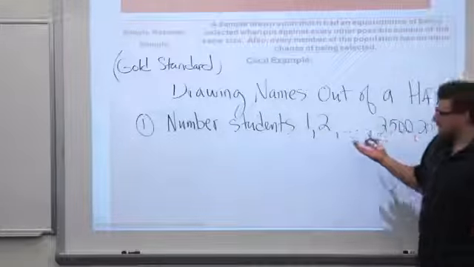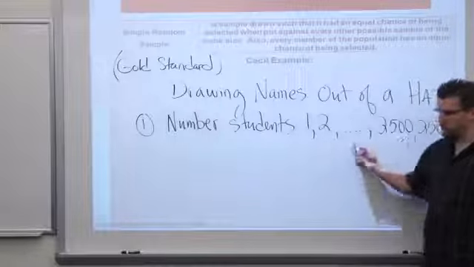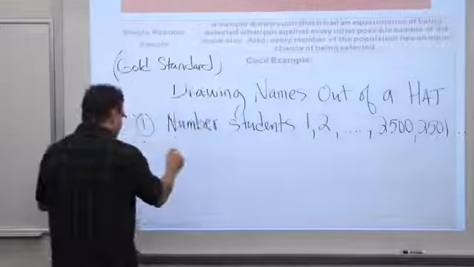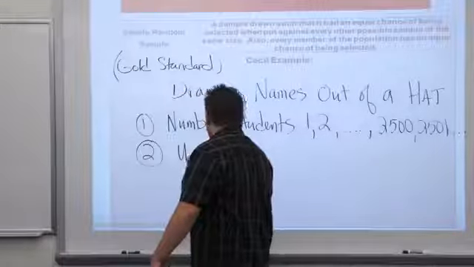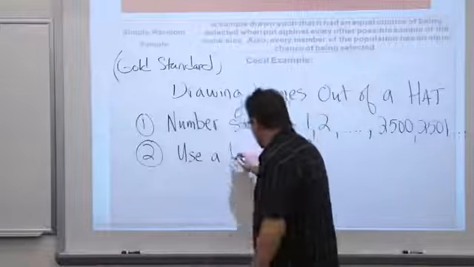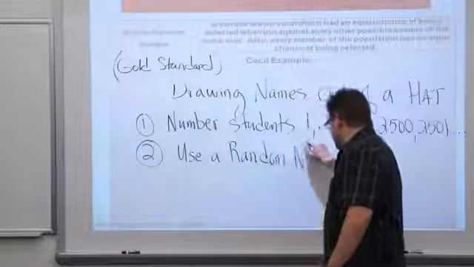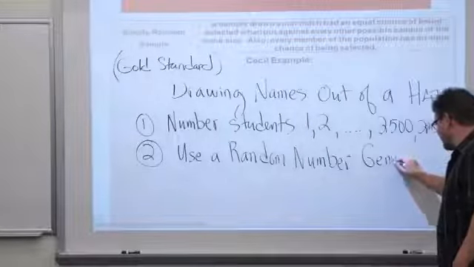Once we've numbered the students, I don't think I'm putting these on slips of paper and drawing them out of a hat. I'd probably use a computer program to randomly pick. So step 2, typically we use what's called a random number generator. It doesn't come up too much in this class, but in case you ever hear this. Use a random number generator